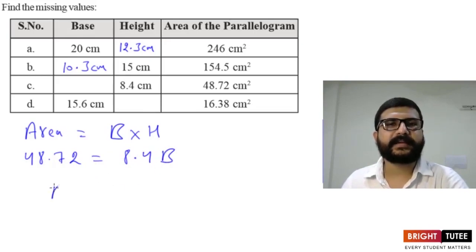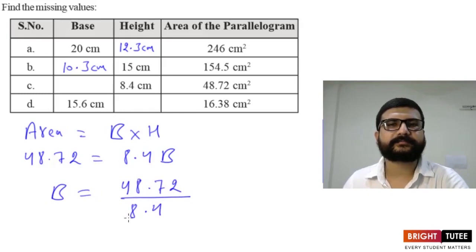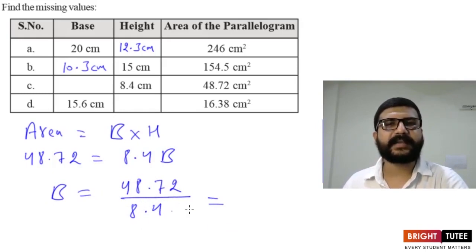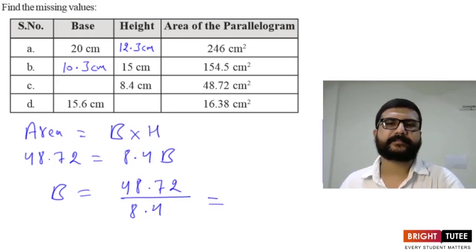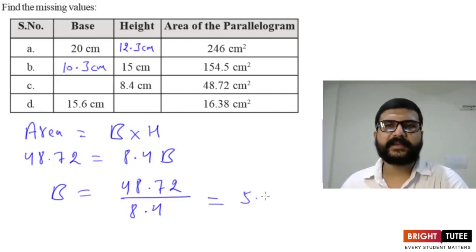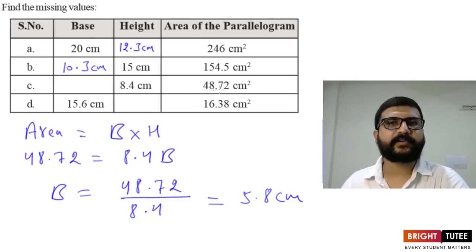Now from here we will get b is equal to 48.72 divided by 8.4. Now by simplifying this, we will get value of b, and we know how to divide two decimal numbers. So by doing that, we will get the final answer. So the final answer is 5.8 centimeters. Hence we can say base of the parallelogram whose height is 8.4 centimeters and area is 48.72 square centimeters is 5.8 centimeters. So we will write here in the table